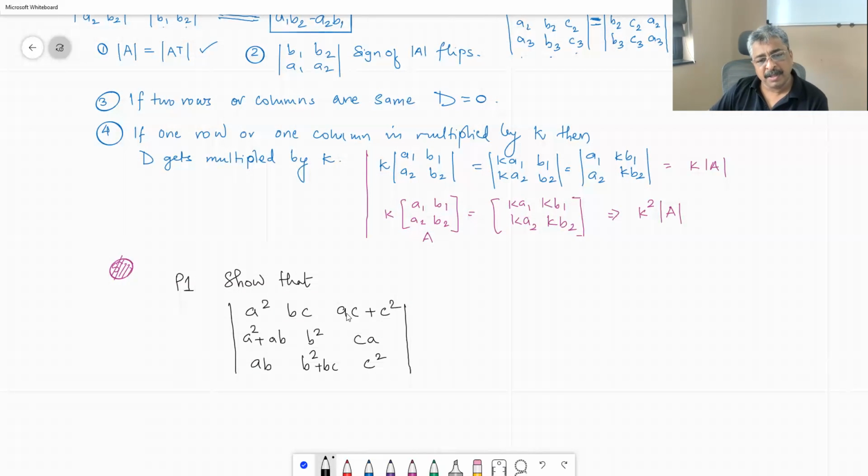is the value of this determinant. You can imagine if you really try to expand using the first row, it is going to be such a messy and long calculation, but let me give you the value because it is the first problem: 4a square b square c square. Not that you will not get the answer, but we will have to learn some efficient methods by which you can reduce it. At least get two zeros in one column or one row, so that it is easy to expand and simplify.